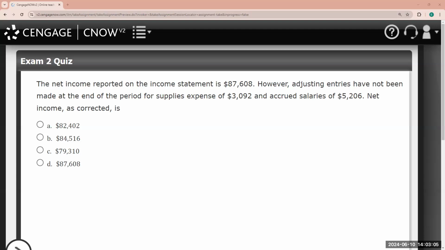Net income as corrected is. So in order for us to determine the net income, we know we need to factor in these two expenses. So we start off with our unadjusted net income, and in this case it lets us know it's